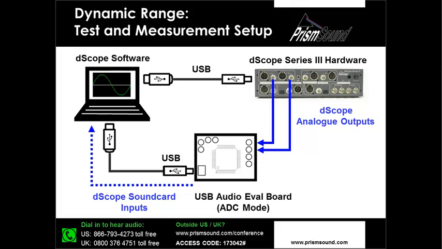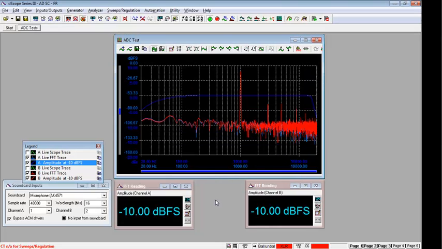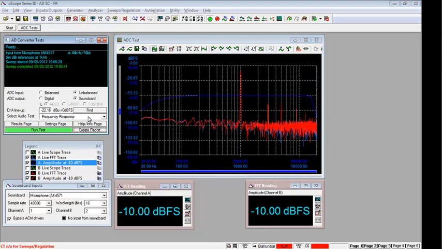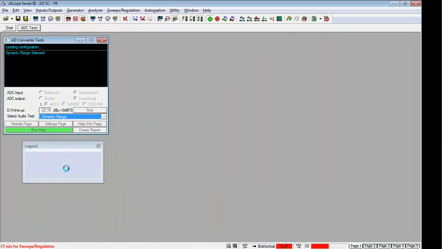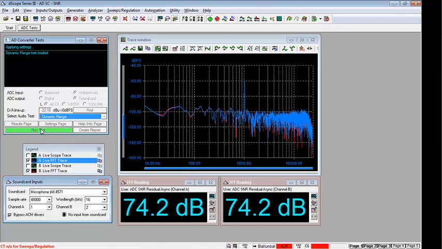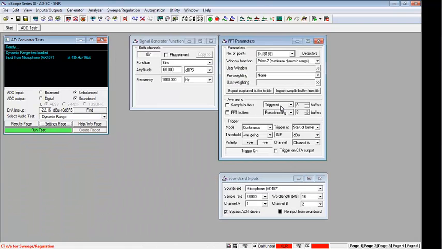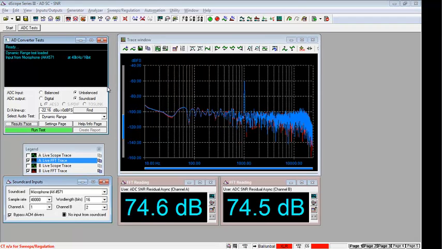So finally then, I'll run through a demonstration of dynamic range according to the AES 17 recommendations, and I'm using exactly the same USB audio evaluation board as I was before. I'll jump into my test system here and load the dynamic range measurement. So you'll see, if we go to the settings page, that the generator has been set up to give us an analog signal 60 dB below the full scale input amplitude,